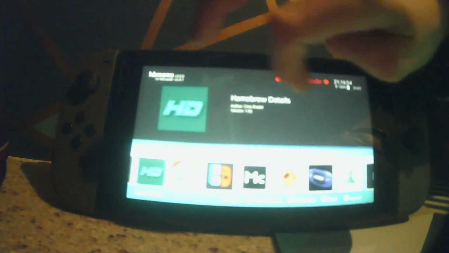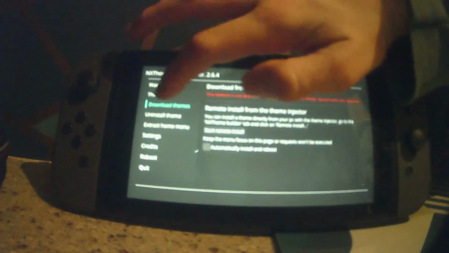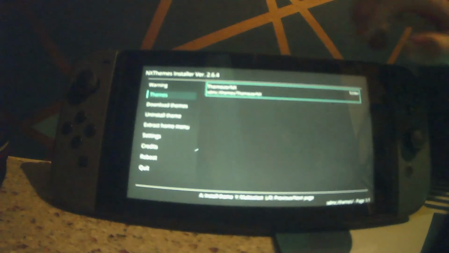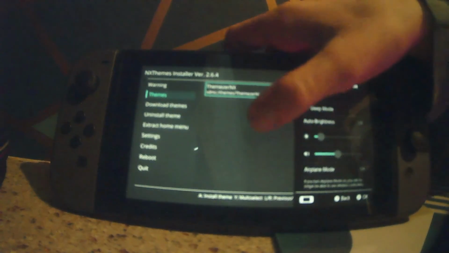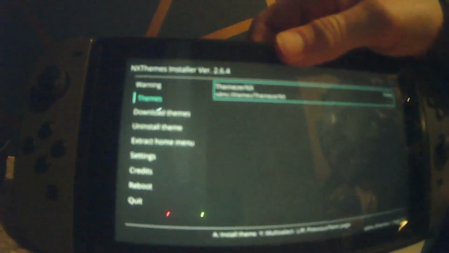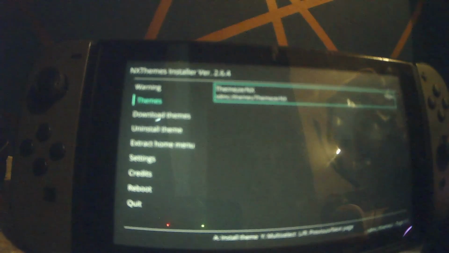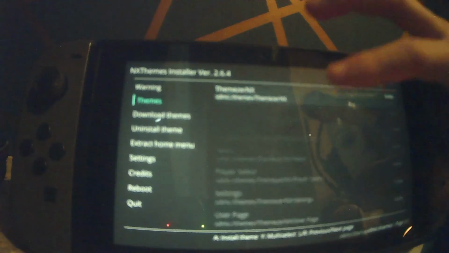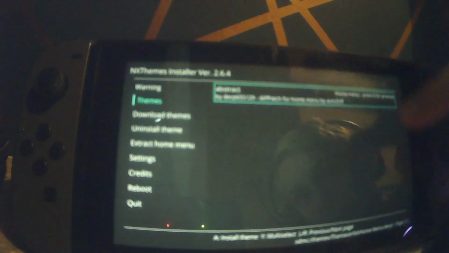Anyways, let's go to NX Themes Installer. Go to Themes. Alright, you can barely see it. Let me just decrease the brightness. I bet you can at least make out what it says, right? Themes, warning, download themes, alright? So anyways, hit Themezer, go to home menu, go to your folder that you made, and